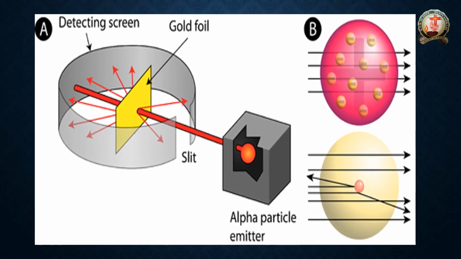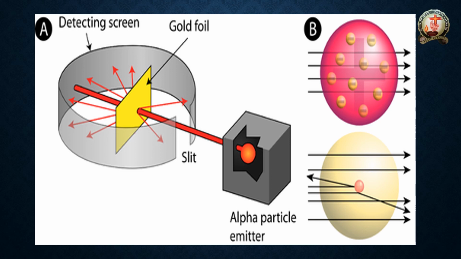This is Rutherford's gold foil experiment. We take a malleable thin gold plate and place it in a beam of light. We are passing light, and the gold plate was scattering the light. What happened while it scattered? The positive charge was allowed to pass and the negative charge was scattered. So this identified that the atom has positive and negative charge. The negative charge is throughout the atom, but the positive charge is only in the center of the atom.